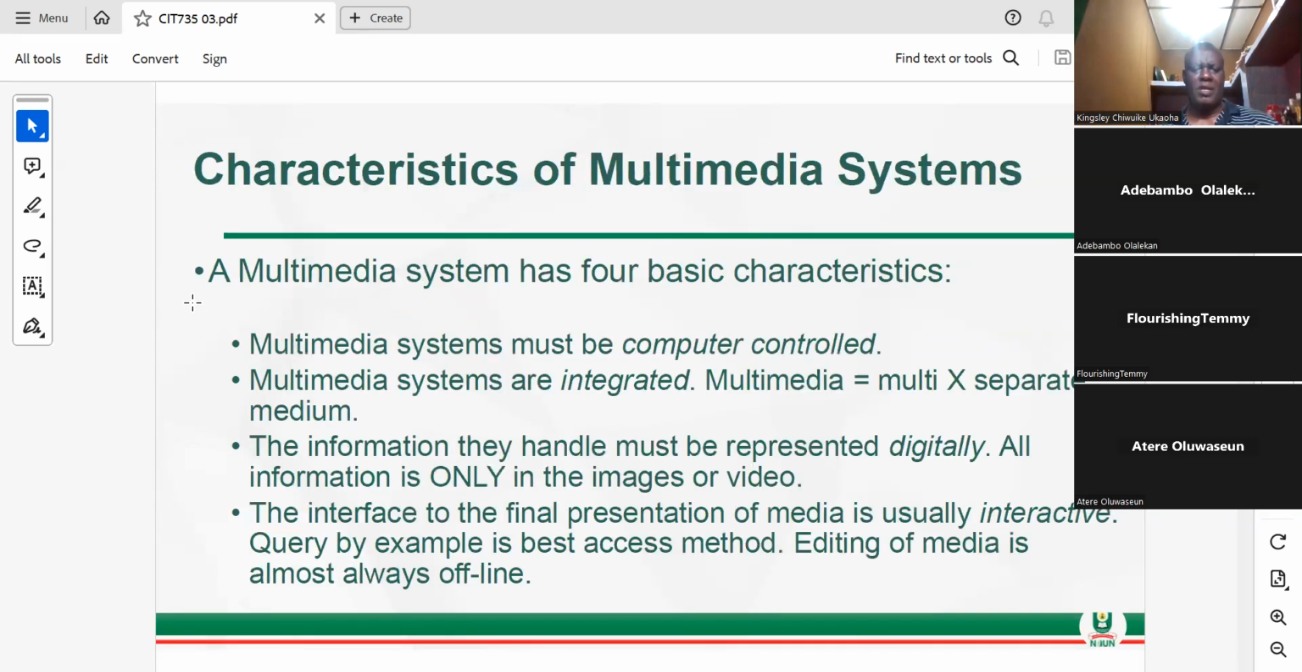So let's look at the characteristics of a multimedia system. What are those qualities, the attributes that a multimedia system could have? It has 4 basic characteristics. Number 1,